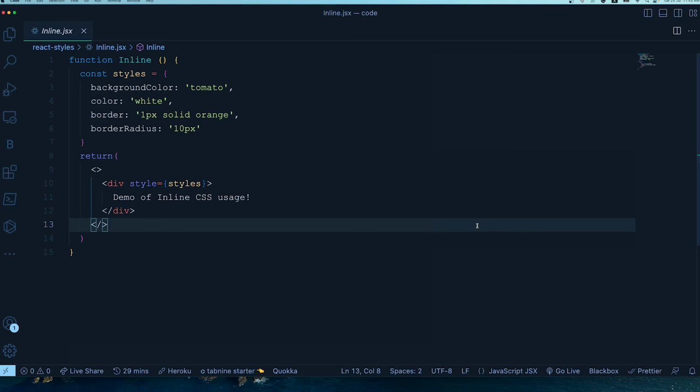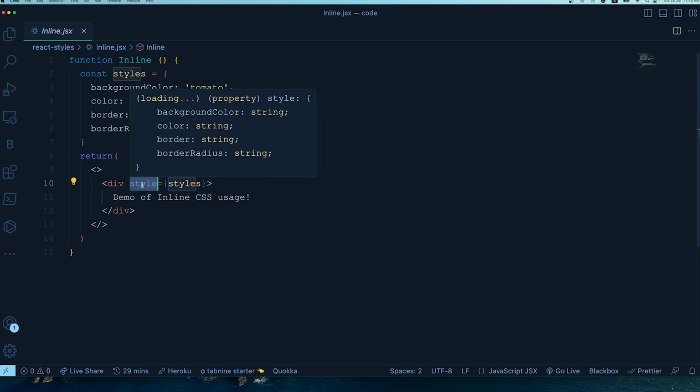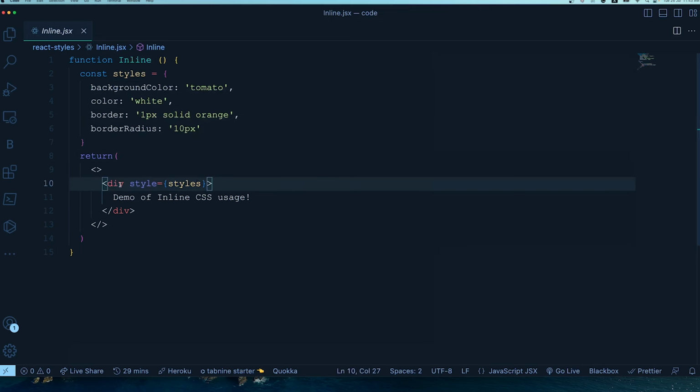So the first approach that we're going to talk about is inline CSS. Here we have a bunch of styles that we have declared, like a background color, border radius. And you see that these styles we are using as inline style. So what is inline style? You're using the style in line with your element. So this is the inline styles. This very much works. And the greatest advantage I would say of this one is that this is one of the quickest ways to write your styles. You can write your styles in no time, and for any small projects that you're just getting started with, this works well.